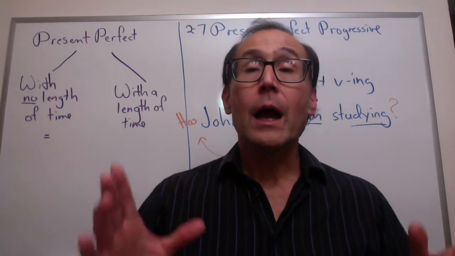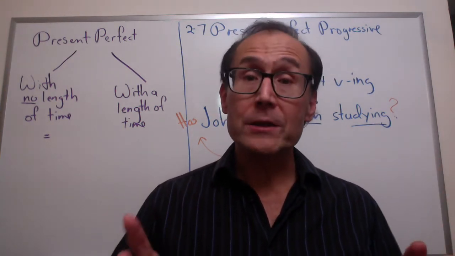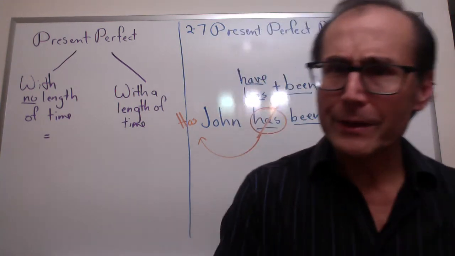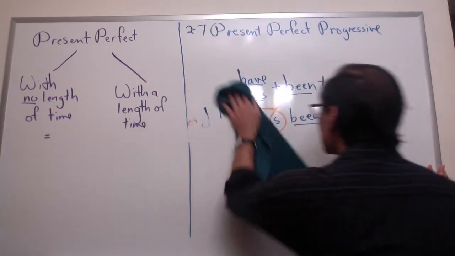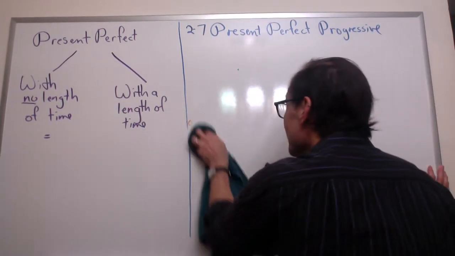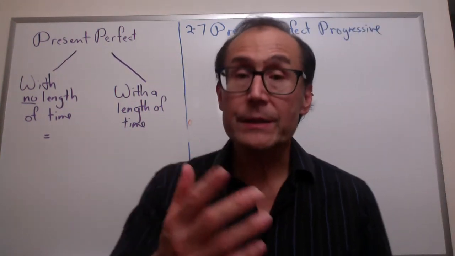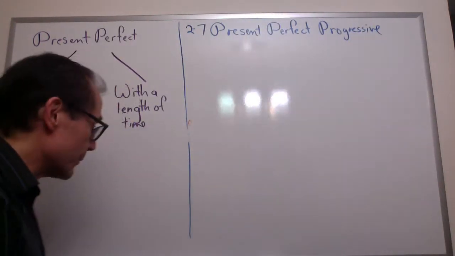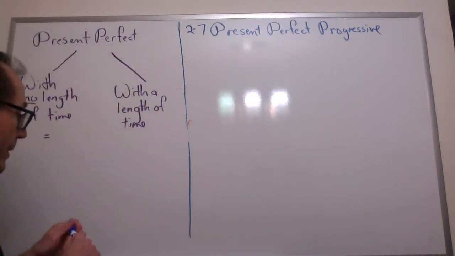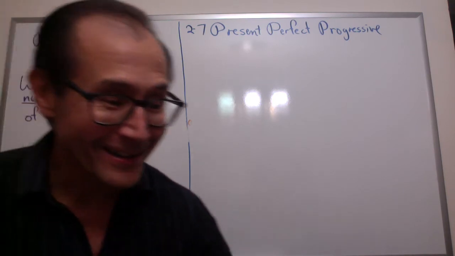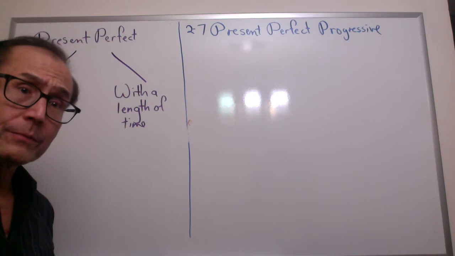Okay. Now, we've talked about how I make present perfect progressive. Let's talk about what present perfect progressive means. Let me erase this. So you remember we were saying to talk about what present perfect progressive means, it'll be helpful to go back and talk about present perfect. So let's start there. You remember, if you've been watching these videos, and if you haven't, it would probably be good to go back and look at the videos on the meaning